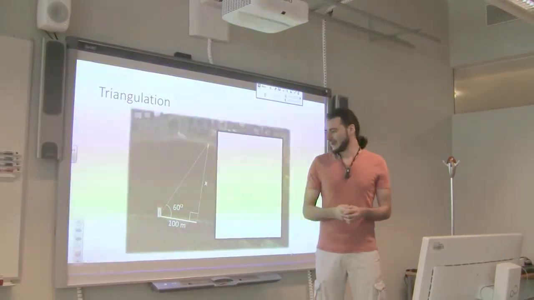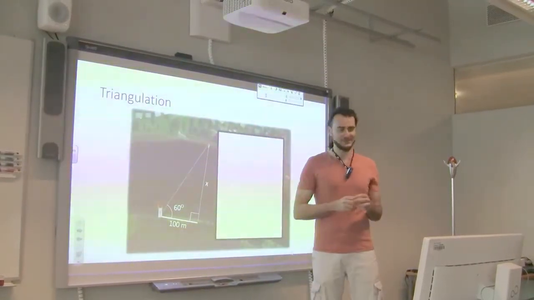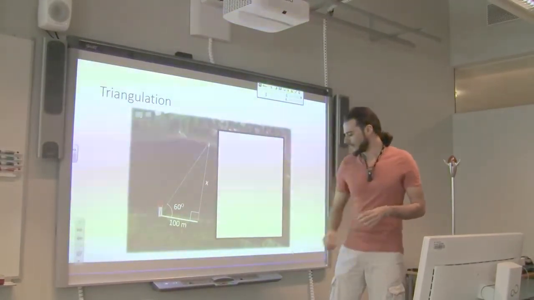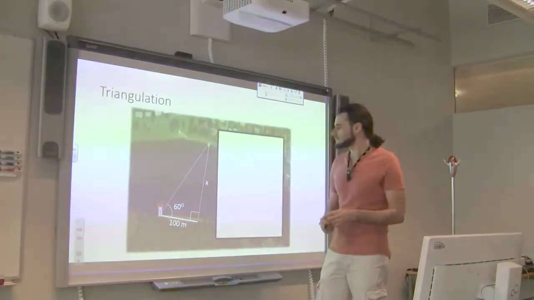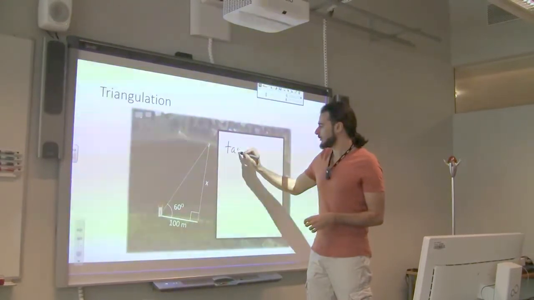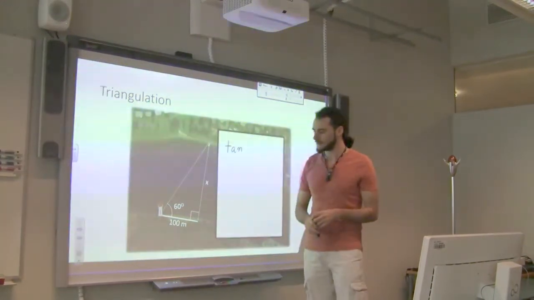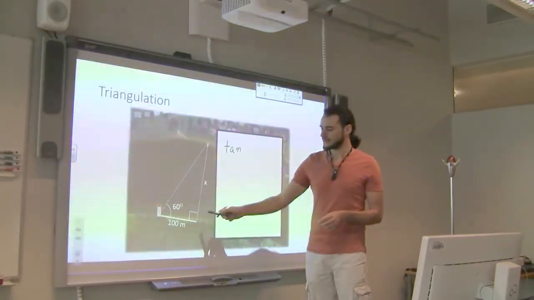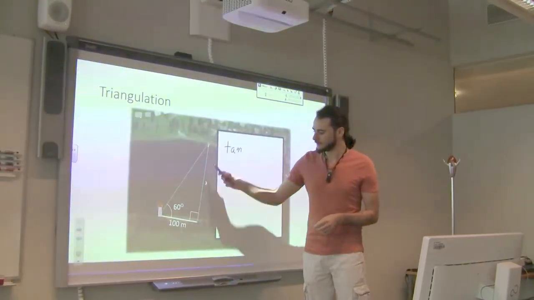So how do we find x assuming these variables? It's not very complicated. One way of doing it is using the tangent. The tangent of an angle is the opposite length divided by, this, how do